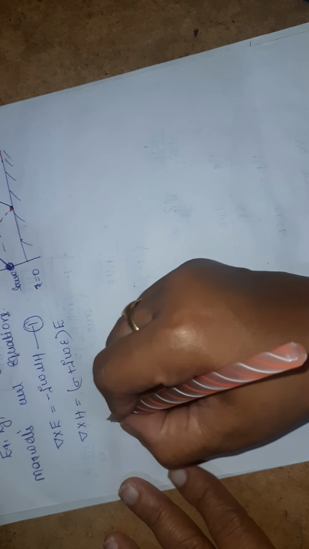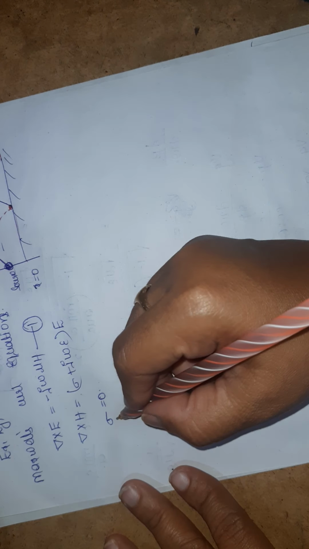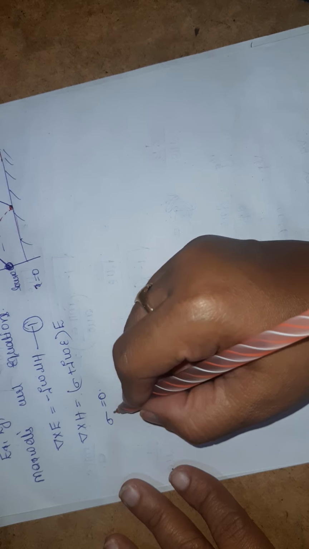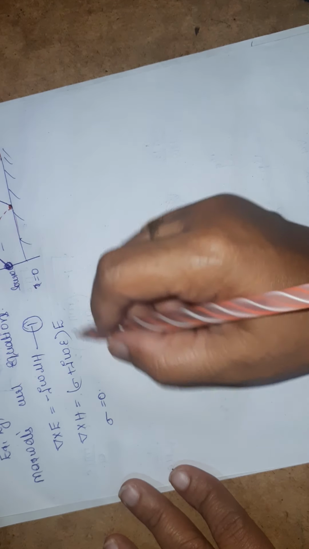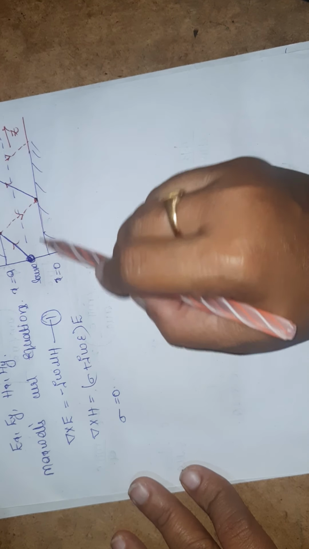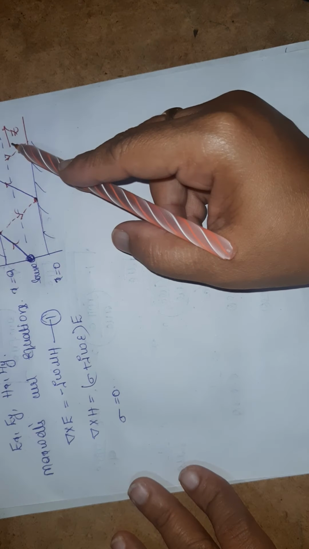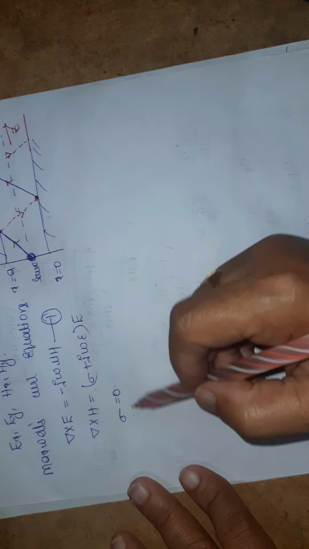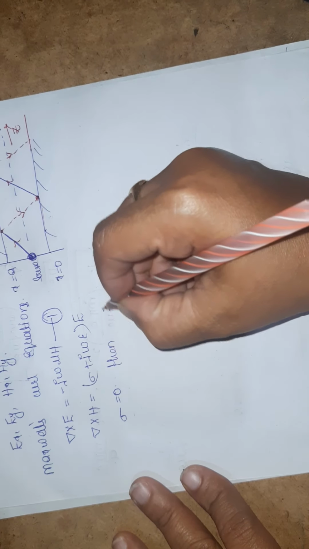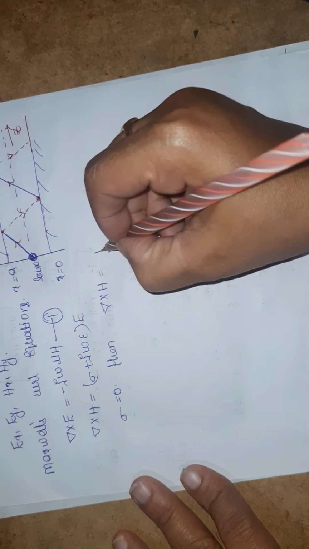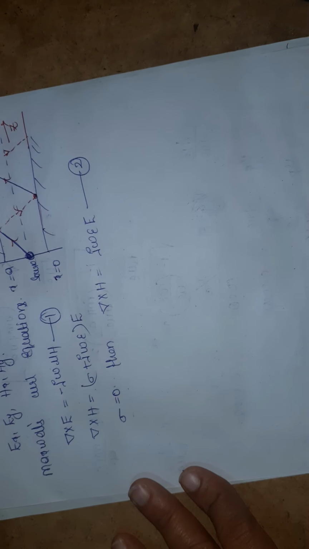And here I am considering sigma equal to 0. Sigma equal to 0 means conductivity equal to 0 because there is no conductor. Two parallel plates, in between the space is nothing but free space, no conductors. So that's why conductivity is equal to 0. That is nothing but del cross H will be equal to j omega epsilon into E. Now consider this as equation 2.